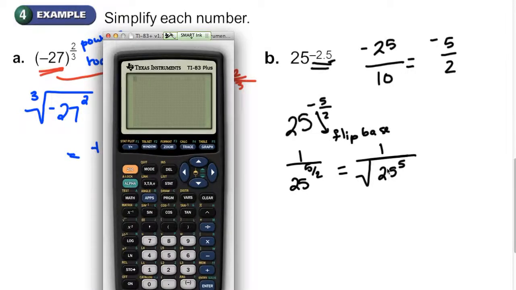Now, here's another great thing. Because this is in the denominator, I am not going to come to my calculator and do 1 divided by the square root of 25 raised to the 5th power, because this is what I get. This is not what I want. I want this written as a fraction. So I want to know what 25 to the 5th power is. So 25 raised to the 5th power is this number,